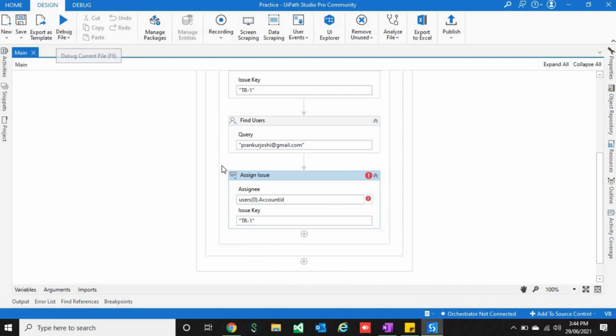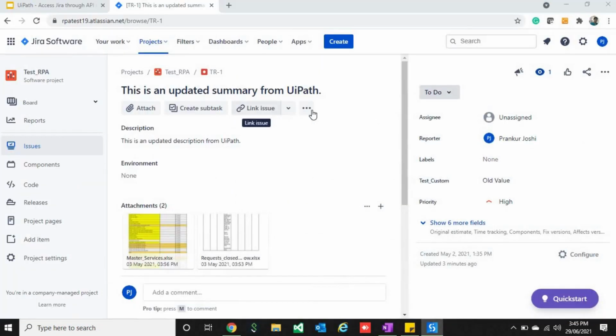So let's try to run it. This activity will take Jira.user. So we'll pass only users and the first element from them. So let me run it. It should assign this issue to my name.